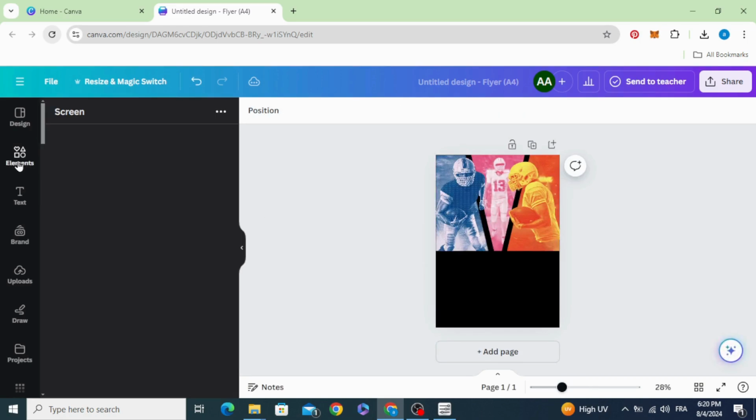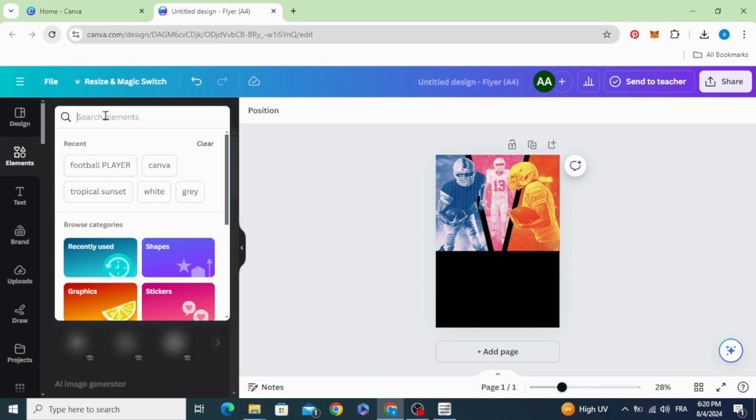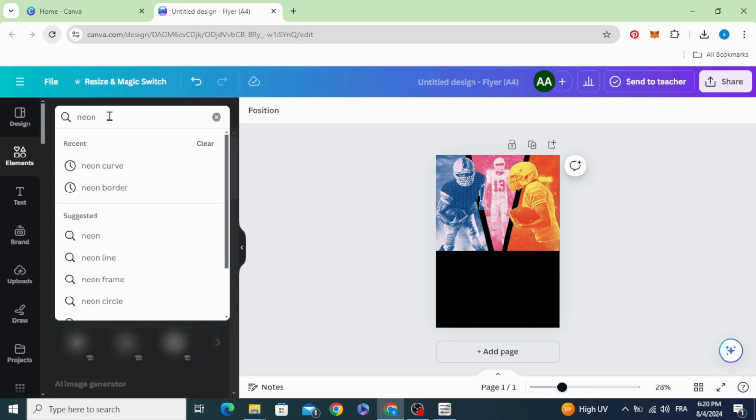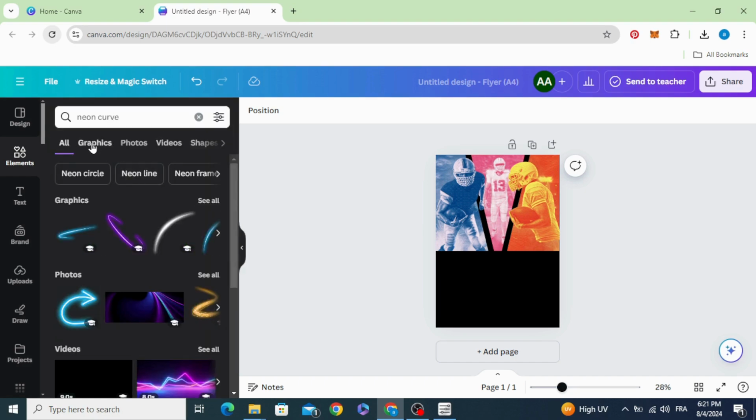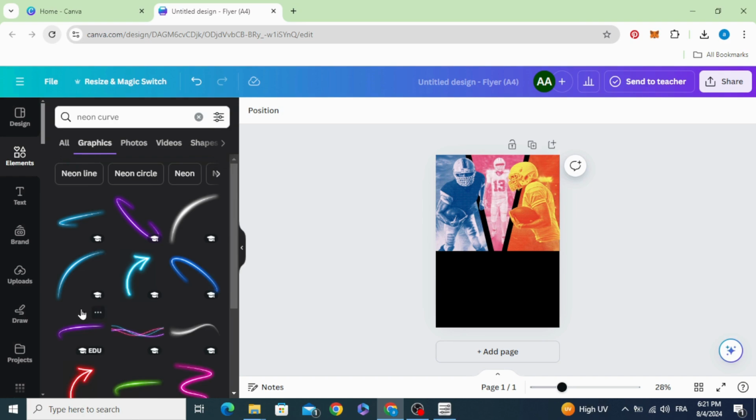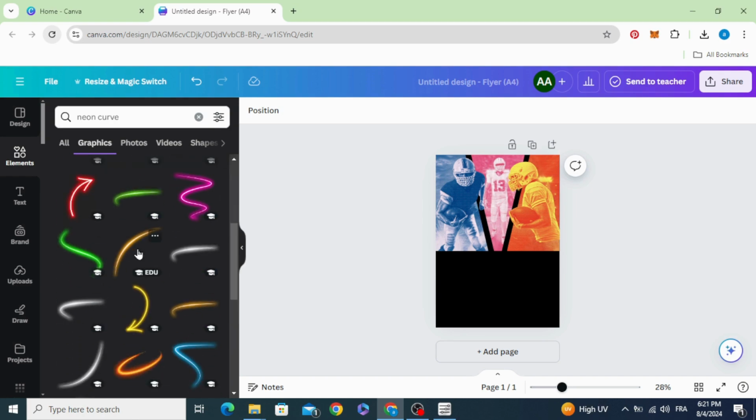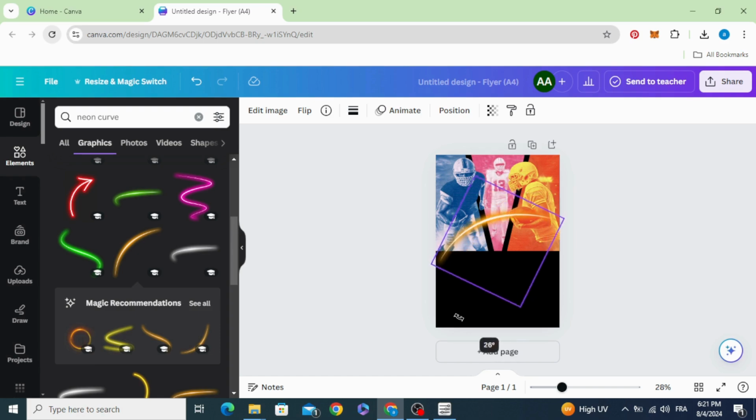Go to elements and type neon curve graphics. Let's use this one, rotate it,